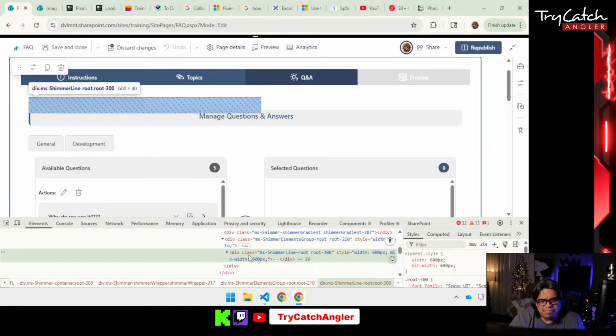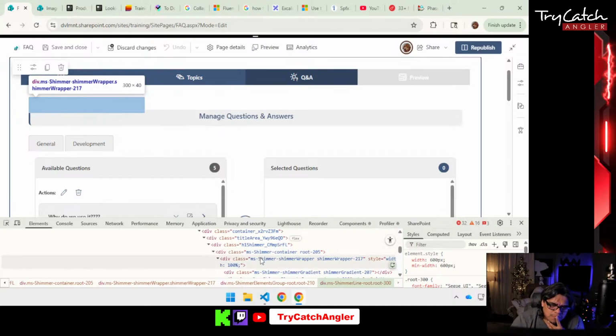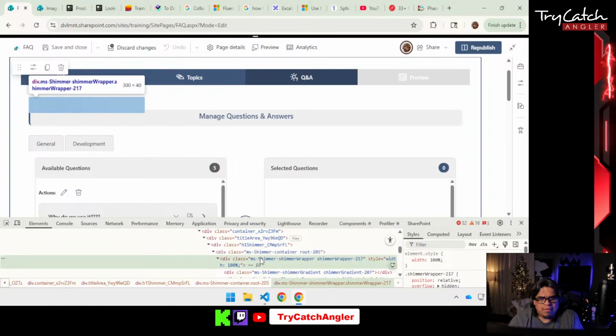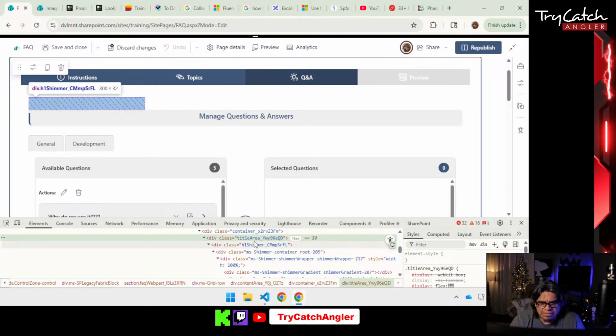This is supposed to be, hmm, let's change things a bit. So we have the title area, which is the entire thing, and then the H1 shimmer, which actually should be,